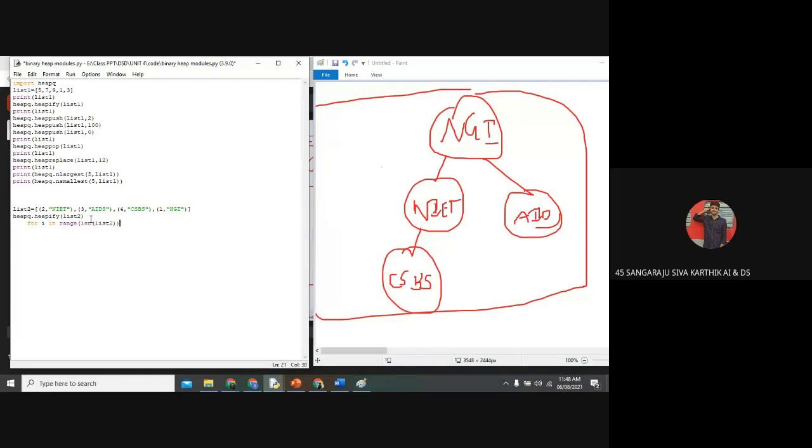Dictionary. Yes, dictionary, good. So in this dictionary, we will give some keyword, and based upon the keyword, we will get some values, right? So same thing that I am using in this heapify concept also. Based upon the keyword, it will allocate the particular memory for the particular node. So for i in range, print